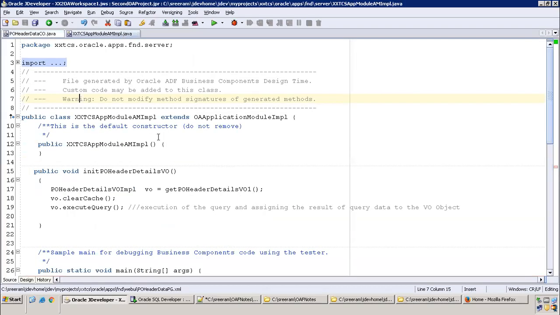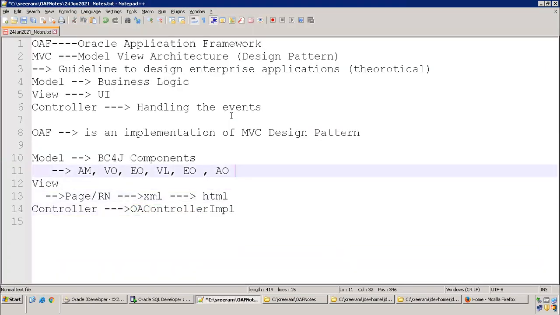Similarly, if you observe the AMIMPL file, it is also a particular file created for the AM. So for each particular component, Oracle has created a specific library for the developer to use and design their application. As a developer, we do not need to write any core logic to design our application. Oracle provided a good amount of libraries for us. We just need to concentrate on our business requirement rather than creating components.